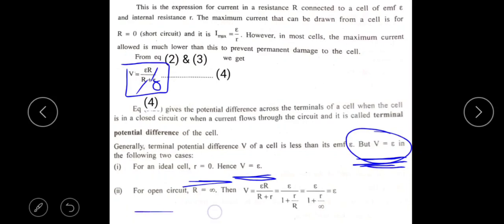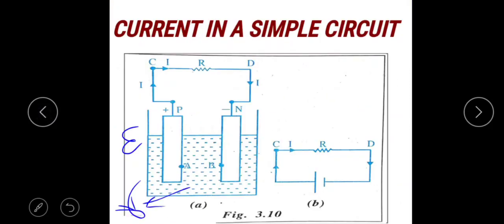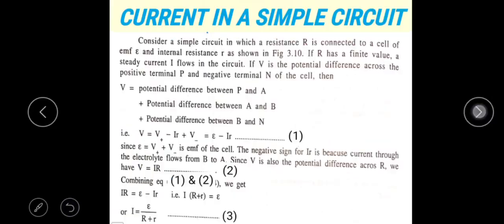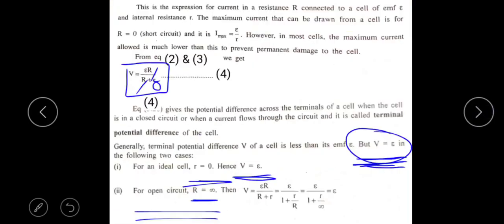And one more, the open circuit. In an open circuit, if the R value is infinity, that is, if there is an infinite resistance, then the potential difference equation becomes,